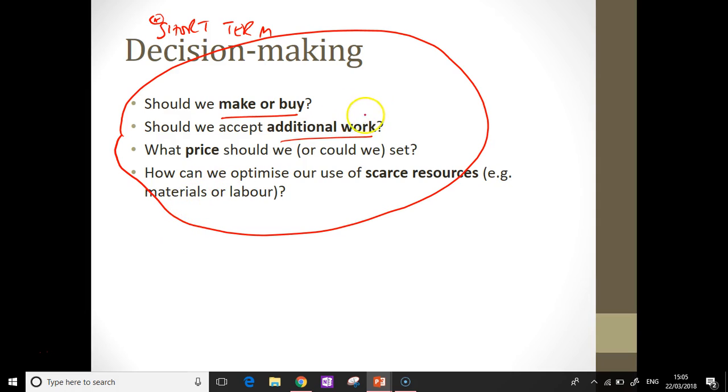Typically, even this idea of additional work: a business needs to break even, so they must think of their fixed costs. But once they've broken even, then you can start to make these type of decisions. So that's the traditional theory. In your first year, that's pretty much enough, but you can grow that. But that's the key point. Okay, so the first thing we're going to look at is make or buy.